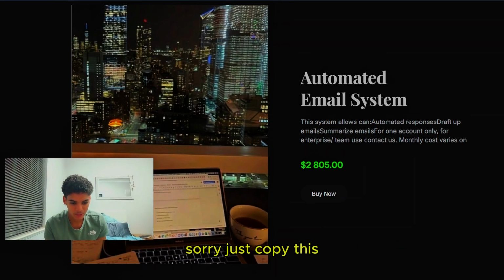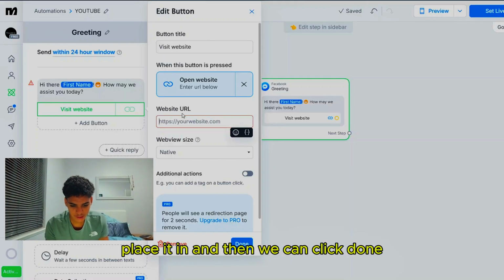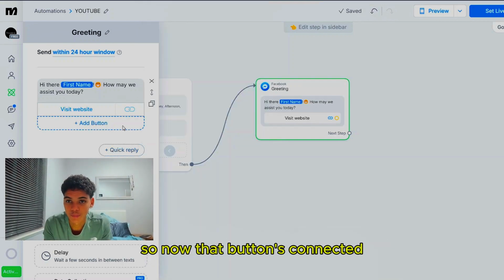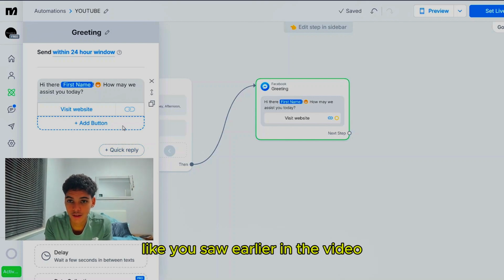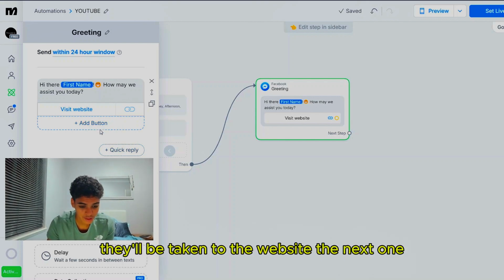Sorry, just copy this URL, come down here, paste it in, and then you can click done. So now that button is connected. So as soon as they click it, like you saw earlier in the video, they'll be taken to the website. The next one,